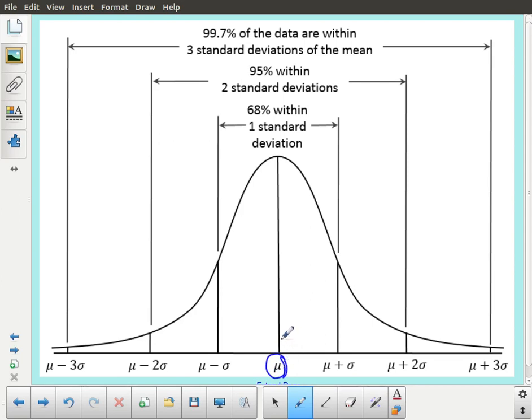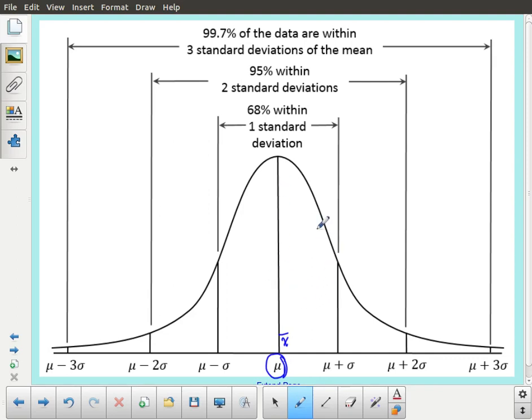You might also be referring to this as X bar in your own work, because quite often we'll be doing sample data. And so the standard deviation is a calculation you can perform on any data, and it just gives you an indicator of how the data is spread around your central measurement, which in this case is our mean. But if it is normal data,